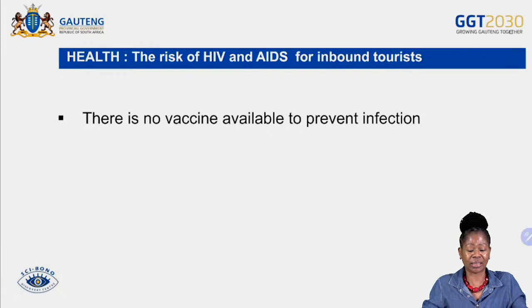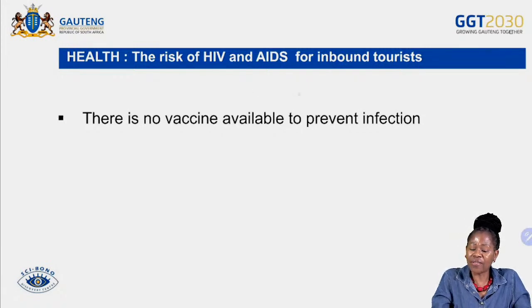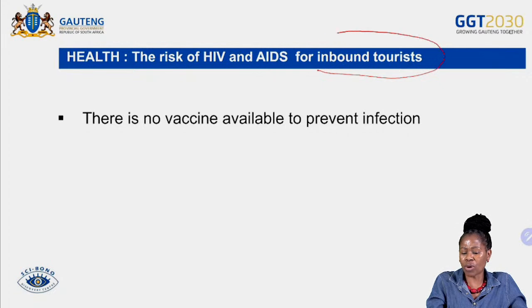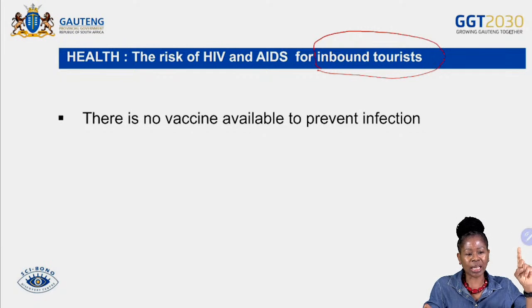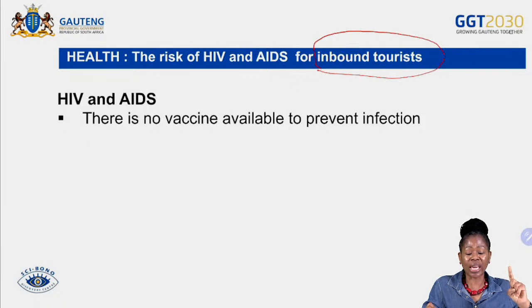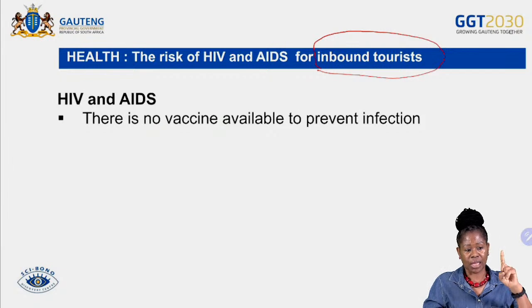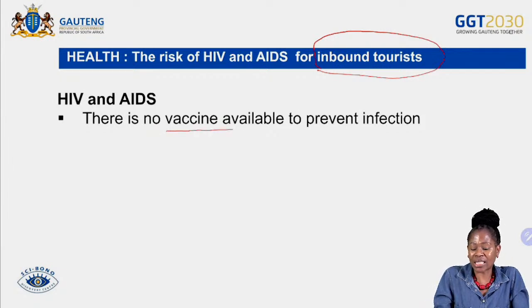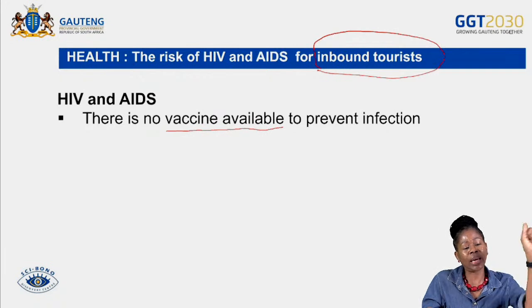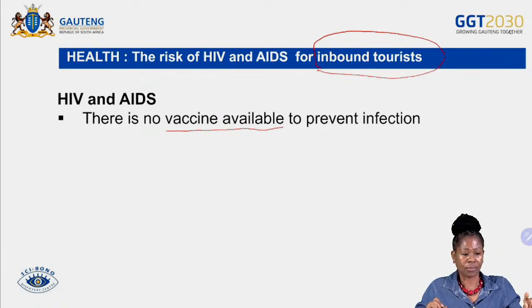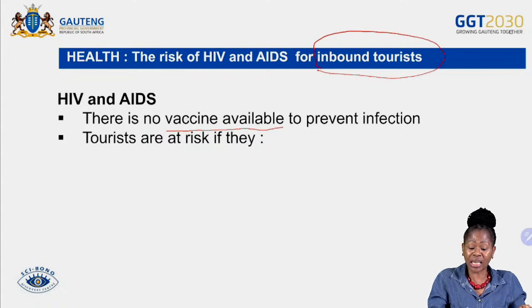We have another threat, the risk of HIV and AIDS for inbound tourists. We are concentrating on inbound tourists. We listed countries, we listed continents. But when we talk about the risk of HIV and AIDS for inbound tourists, the problem is there is no vaccine available to prevent the infection. HIV and AIDS. And then because there is no vaccination available,